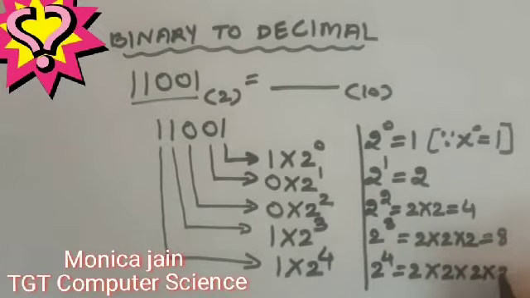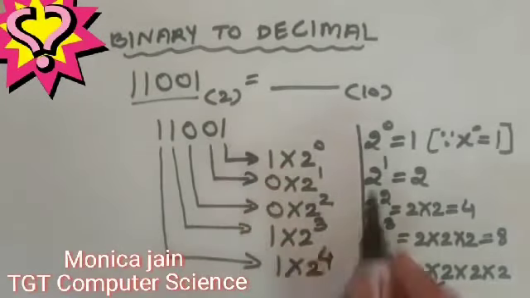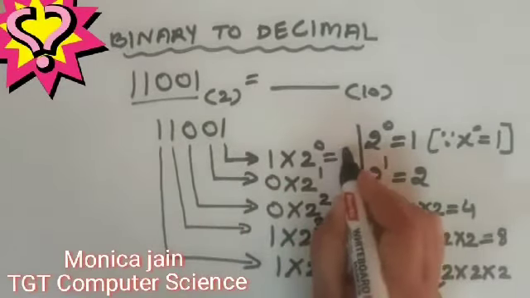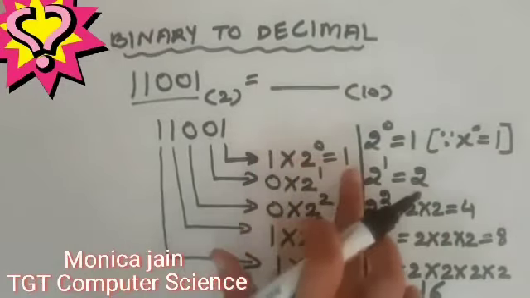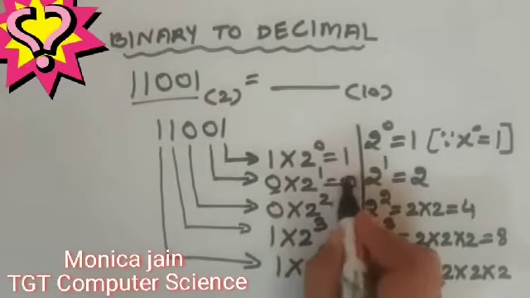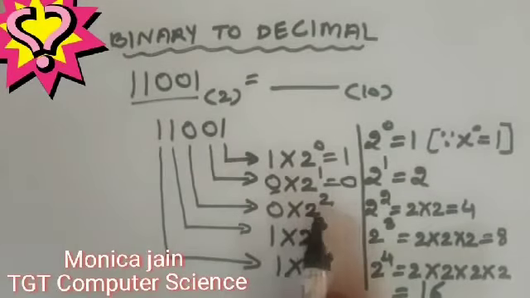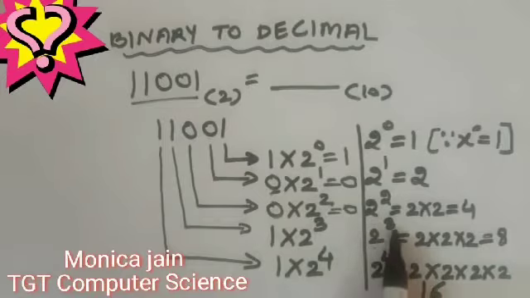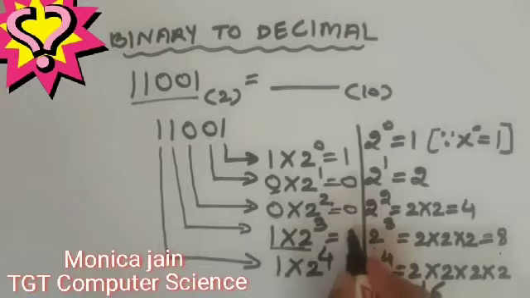So these are powers of 2 or weights of 2. They go on increasing as we move from right to left in the binary number. So when we see here 1 into 2 raised to 0, it becomes 1 into 1, that is 1. Now 0 into anything is 0, so we will take it as 0. Again 0 into anything is 0, so it is 0. And 1 into 2 raised to 3, we know that 2 raised to 3 is 8 and 1 into 8 will be 8. So we take 8 here.